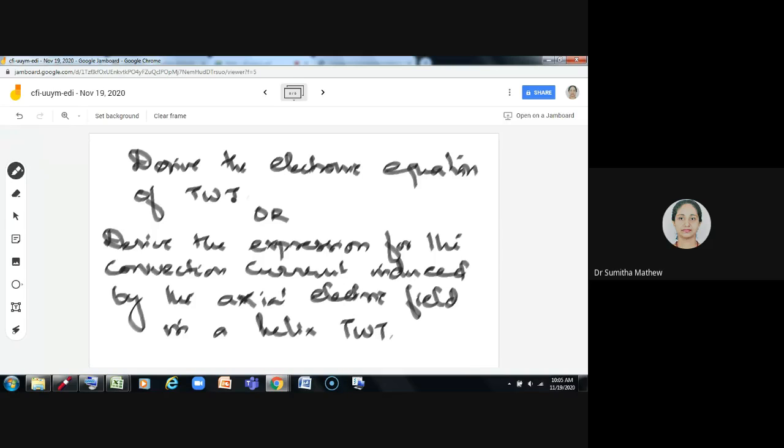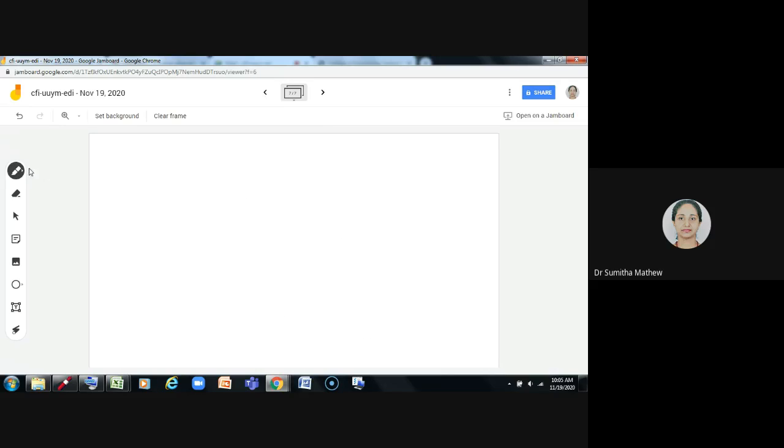It can be asked either as derive the electronic equation or derive the expression for the convection current induced by the axial electric field in a helix TWT. Okay, you can refer to the notes I have given. The derivation comes there. Actually, it is a long derivation. You can look at the steps and learn or listen. So, you know the electron velocity, the charge density, current density. What are the things which we assume? We assume the electron velocity,